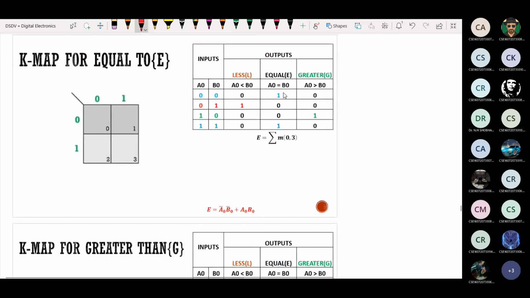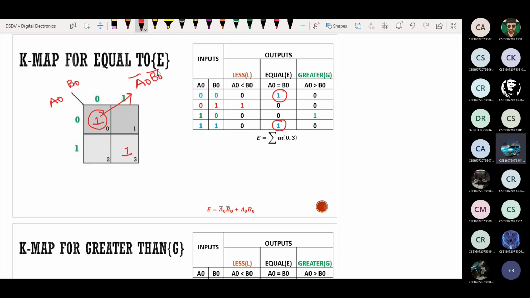K-map for equal to. So sum of minterms are 0 and 3. So 0 and 3. Here I have to take as A0, B0. How many pairs are possible? Can I do the grouping diagonally? Sir, diagonally we can't do. Next, answer for this one, single.